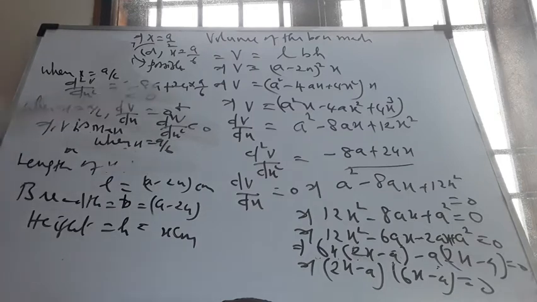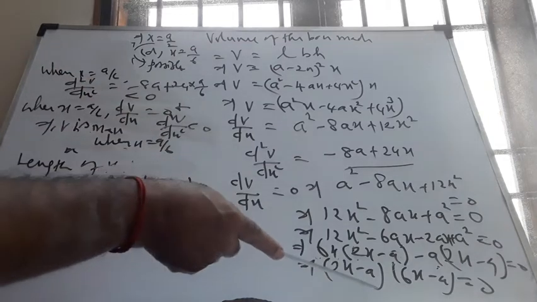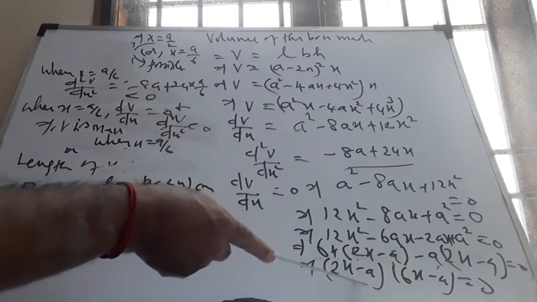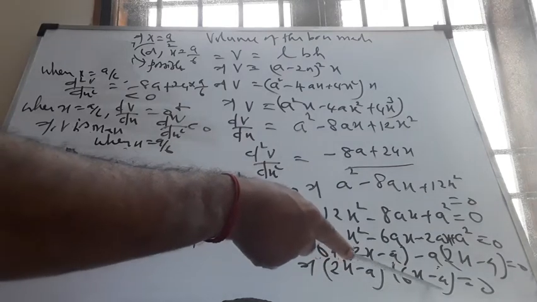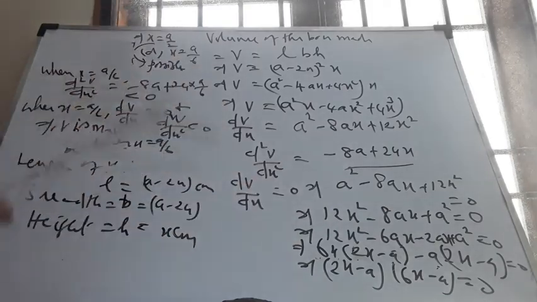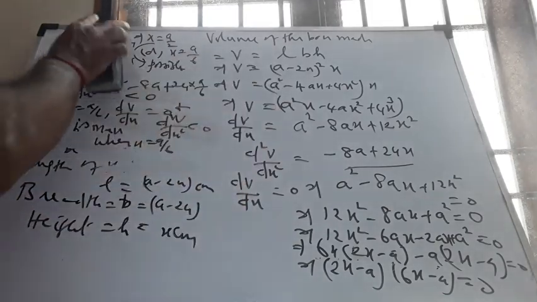The generalization I intend to tell here is, if the side of the square initially is a, the answer is a by 6. If it is 18, it will be 3 centimeters. If it is 24, the answer will be 4 centimeters. You can easily verify that. And here again this factorization will give you one root to be half of the whole value, the other is one-sixth of the whole value. That also you can verify. That is a generalization which I want to mention after finishing this particular problem.